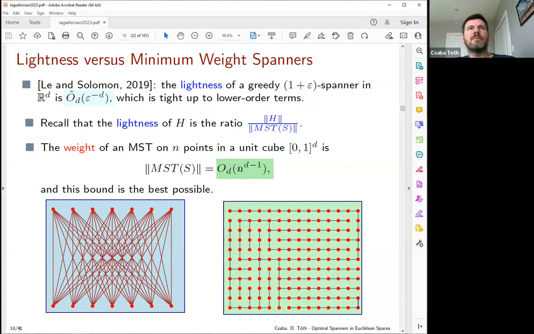Maybe this is off by some scaling factor, because it had to be scaled down to a unit cube, and maybe I didn't do that, but it is well known that the grid is optimal, where the MST is just connecting adjacent grid points, and it's a classical result that it's asymptotically tight. So for the lightness bound,